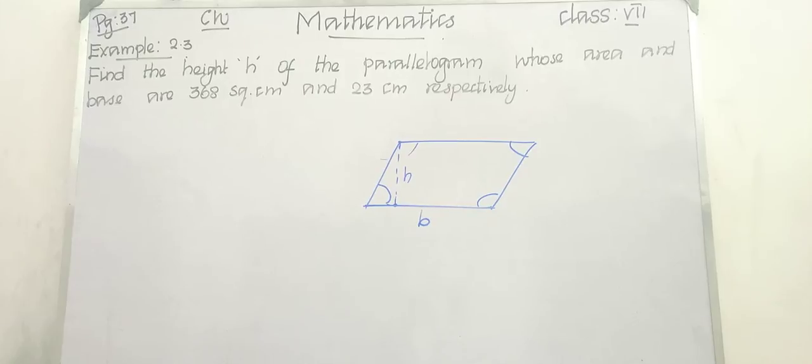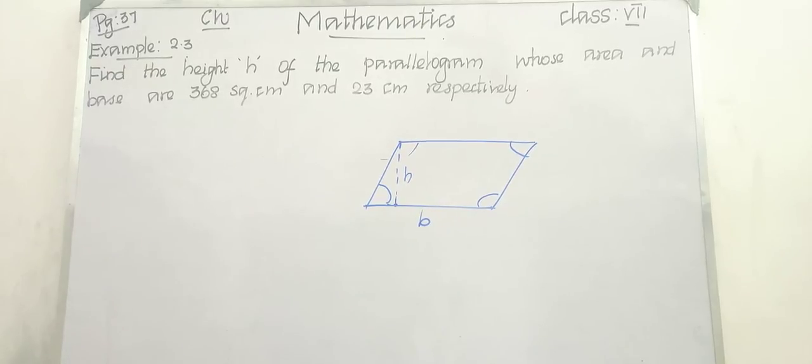So now take your classwork notebook. All of you take your classwork notebook. Put today's date. Write this question in your classwork notebook. It is from page number 37, example 2.3. Okay, children, let us read the question.